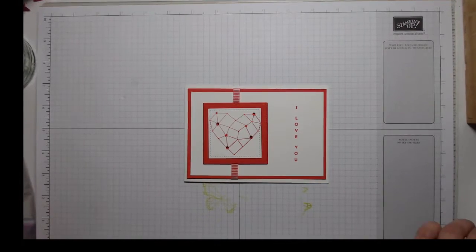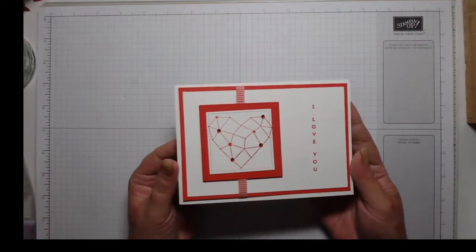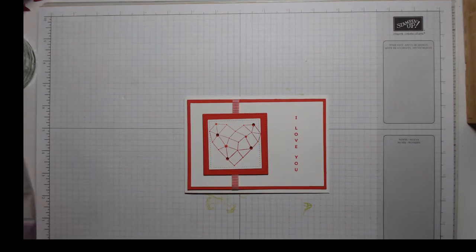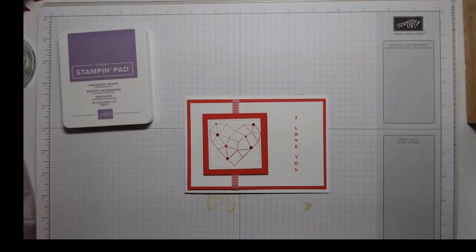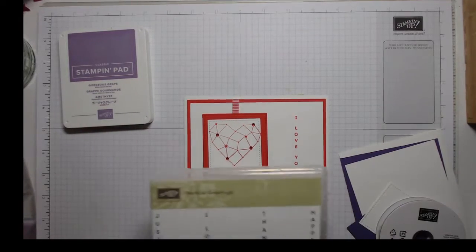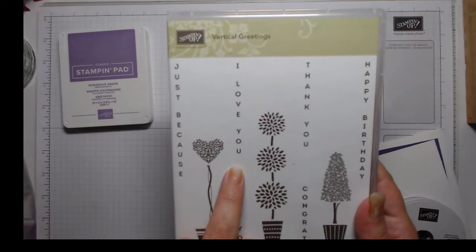I am an independent Stampin' Up demonstrator based in the UK, and today I'm bringing you a project for Valentine's Day. This is the one I did in Poppy Parade. Today we're going to use Gorgeous Grape. I've cut some bits out, got some ribbon. We're going to be using the I Love You from Vertical Greetings,